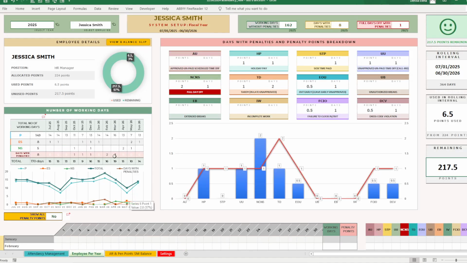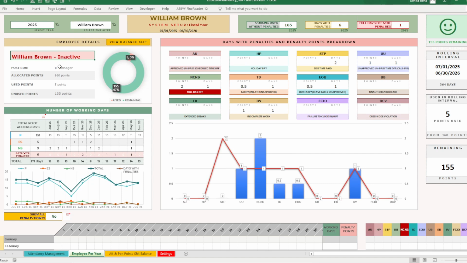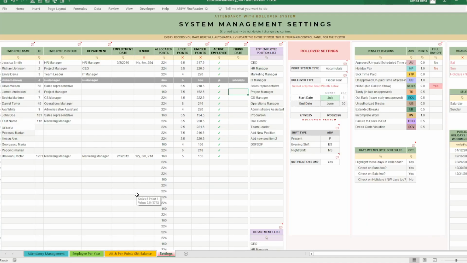And if we go into employee per year and we select William Brown, we get this notification that William Brown is not active anymore, as the status is inactive. But we have spent too much time, and I said it will be a short presentation. Further, we have the